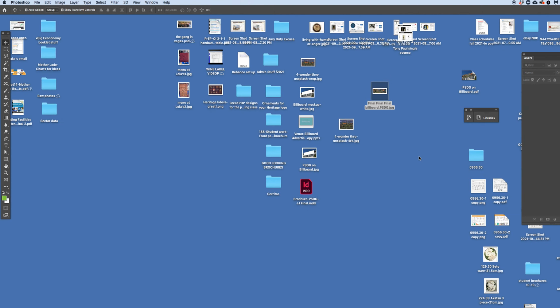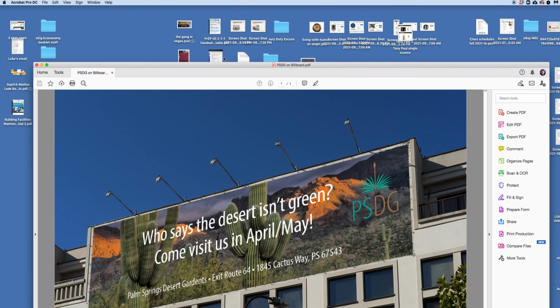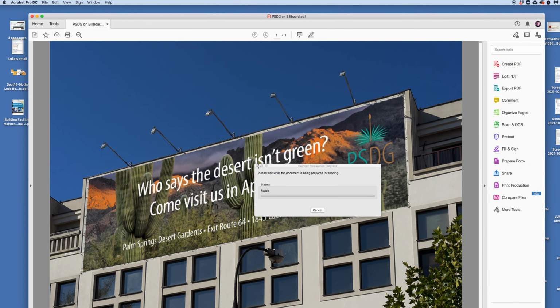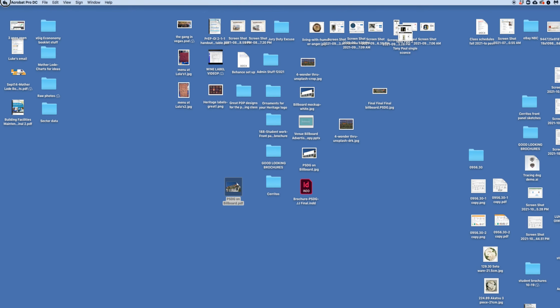You might want to look at it. Let's see if this is it. Yeah, there it is. It looks good. Generally speaking, always open up your PDF and look at it, because sometimes it does some goofy things, especially if you have a lot of layers and you forgot to flatten them. Okay, so that is the lesson, and thank you for